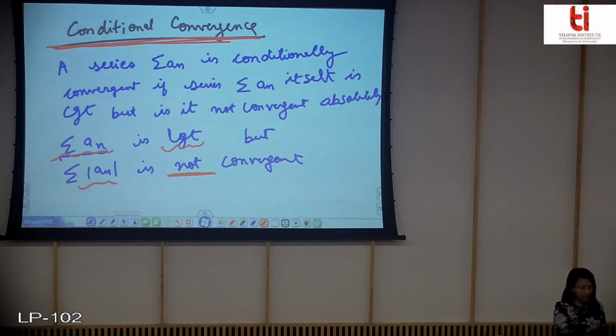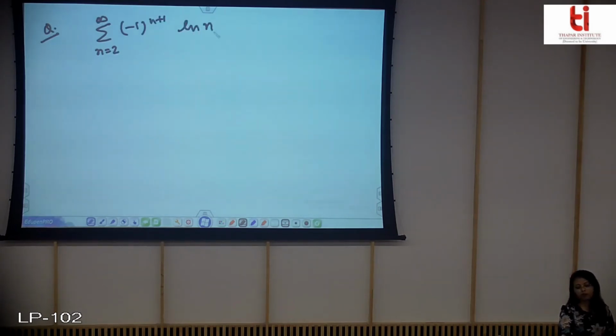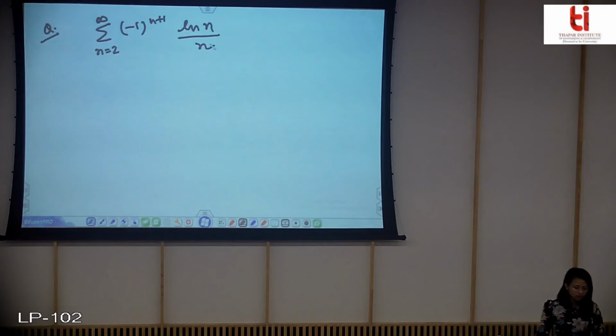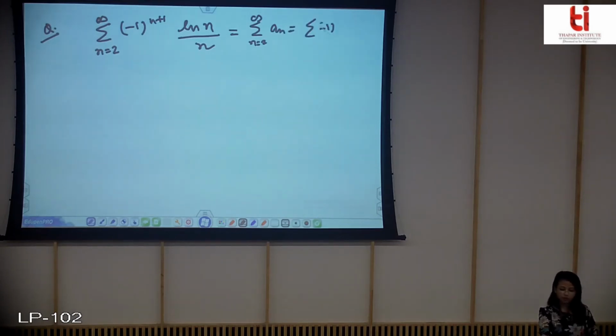So let's take an example for this conditionally convergent series. You have this series, that is an alternating series, and you have to tell whether this is conditionally convergent or not. So I'll write it for notation purpose. This is a_n, this is equal to